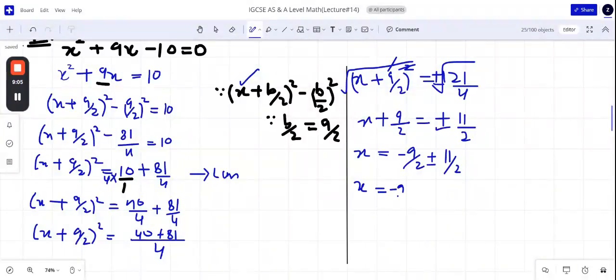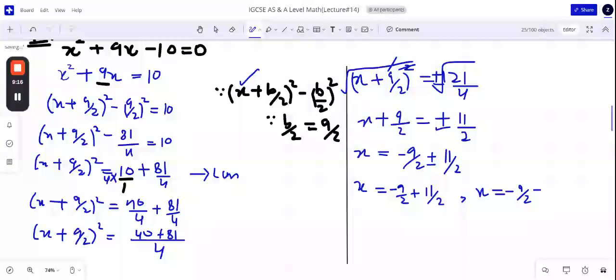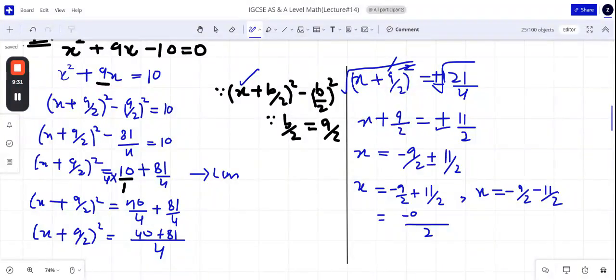Then we have the two values, so we will write first the negative value and then the positive. Minus 9 over 2, then plus 11 over 2, the same as it is. Here we will write x equals minus 9 over 2 minus 11 over 2. Now the denominators are the same, so we will take the direct LCM. The LCM is 2. When the denominators are the same, we just write the numerators together as they are. For the second one, again we will do the same, just the signs are changed. 2, and it will be minus 9 minus 11.